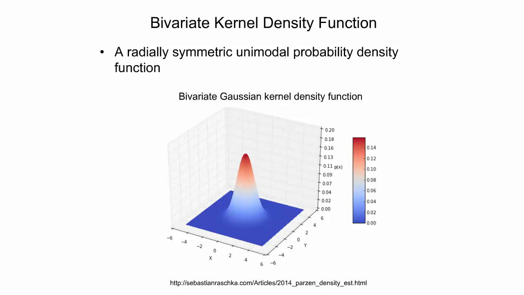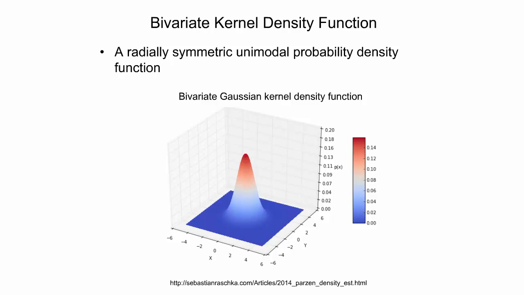Kernel density functions can be extended to 2 dimensions. A bivariate kernel density function is created by effectively rotating the univariate probability density function around the z-axis going through the center point of the univariate probability density function. As an illustration of this concept, this figure shows a bivariate Gaussian kernel density function that is centered at 0